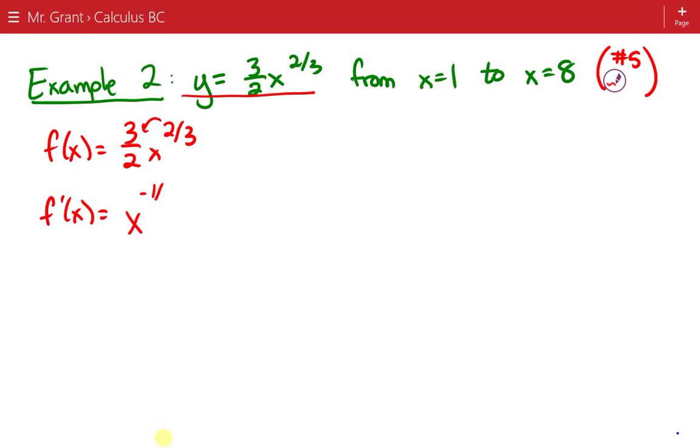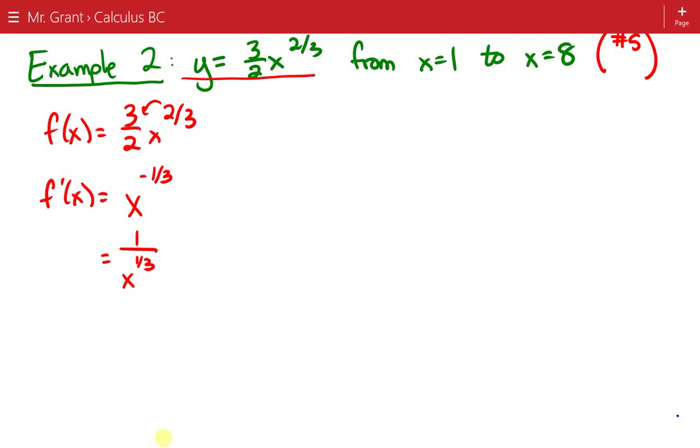2/3 minus 1 is that negative 1/3. And again, since we're going to be dealing with this a little bit more, we might as well write this in something that's more useful. So let's change that to 1 over x to the 1/3, just using the negative exponent. Okay, and then last but not least, we'll deal with the square of this. So we have f prime of x squared, and this becomes the whole fraction